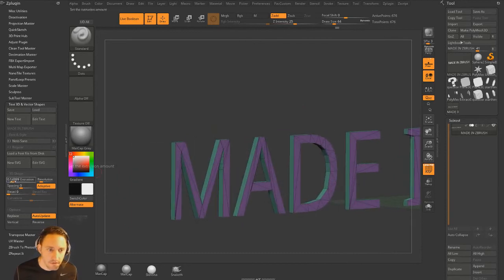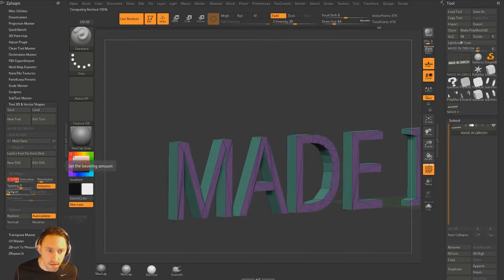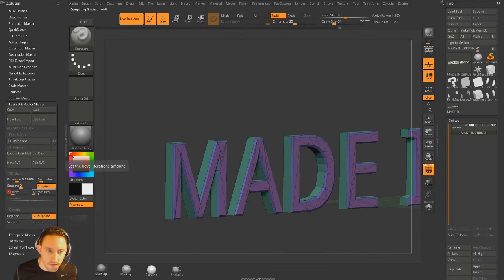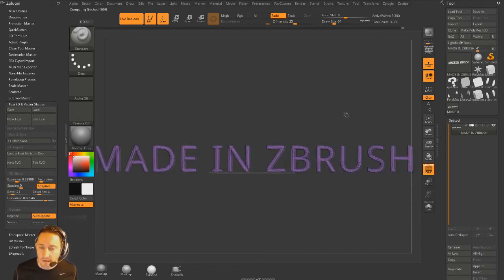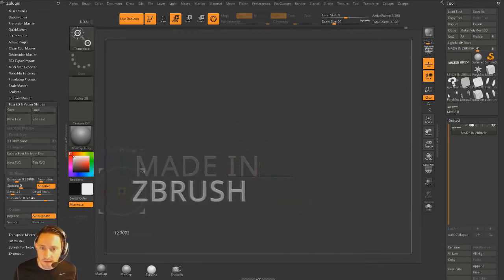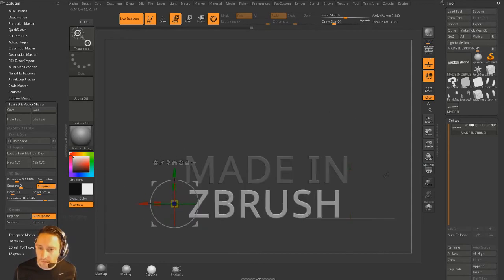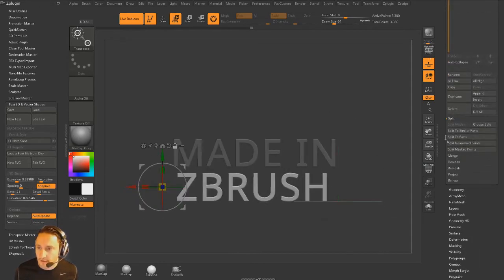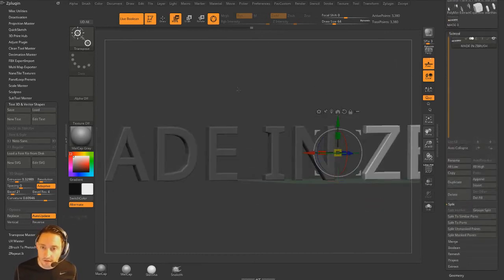Let's go ahead and add a little more extrusion, a little bevel, a little bevel resolution, and a little curvature. There we go, back where we started. So now if we're happy with this, we can go ahead and position this text how we want. I'm going to hold down Control and Alt and drag over that ZBrush here, and we can move this down. If you want these to be in separate subtools at this point, you could go to your split unmasked points or split masked points, and that'll split your mask points into another location. Actually, before we do that,